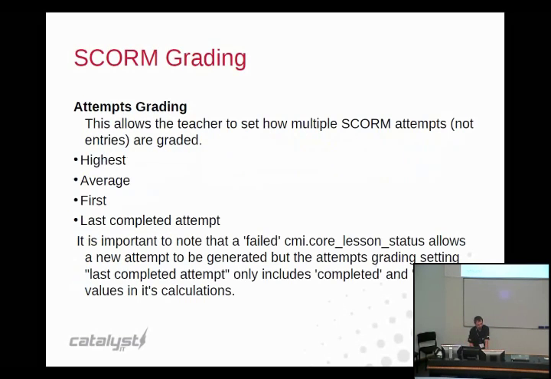So it's attempts grading, because we have this idea that we have multiple attempts as well. We have to handle not only the way the SCORM grades within itself on a single attempt. We have to handle how to manage the grade when there are multiple attempts, not re-entries, multiple attempts. So if they've got 2 attempts, you can select the highest, the average, or the first, or the last completed attempt. So the last completed attempt is normally the one that I see used the most, because it means that